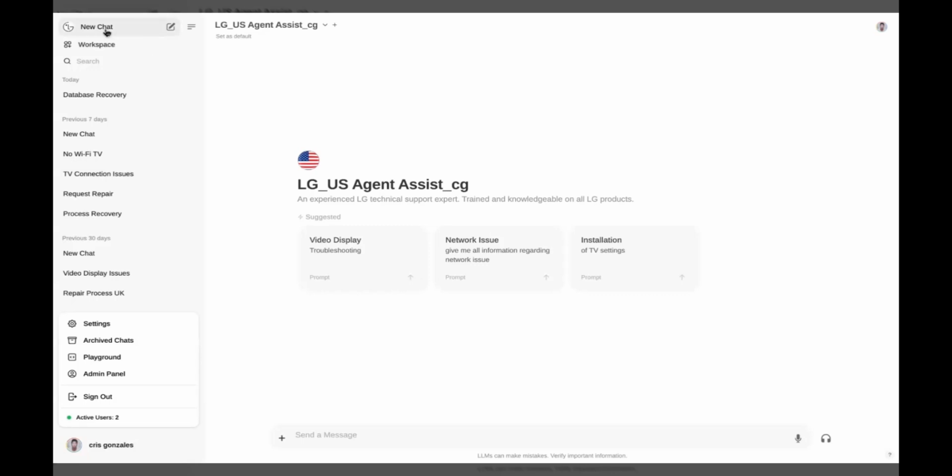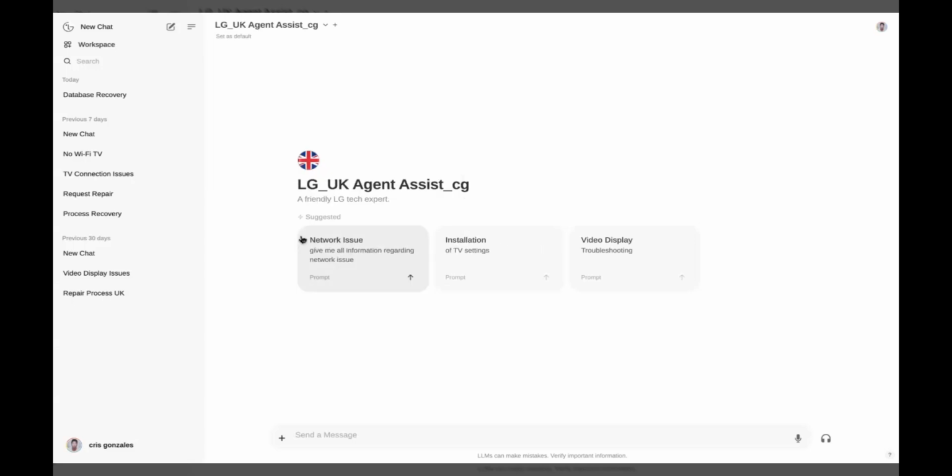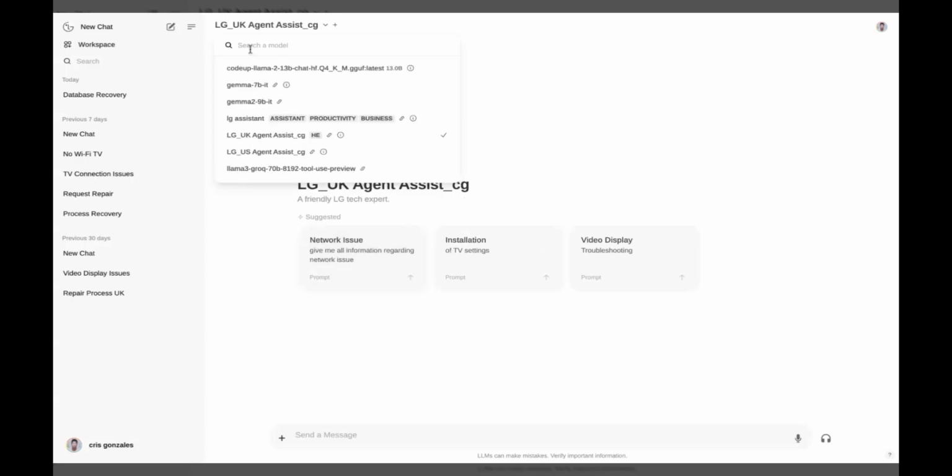So you have your new chats. Basically, new chat is just this new chat window. If you are US, UK, over here is where you pick your different language models that are available. Right now, you will see that there's a whole lot available only because I'm an admin setting, but for the agent, and I will go through that later, you only see this available to the agent, this two plus this multi-agent as something in the mix that I put so that I can show you that I disable this later.